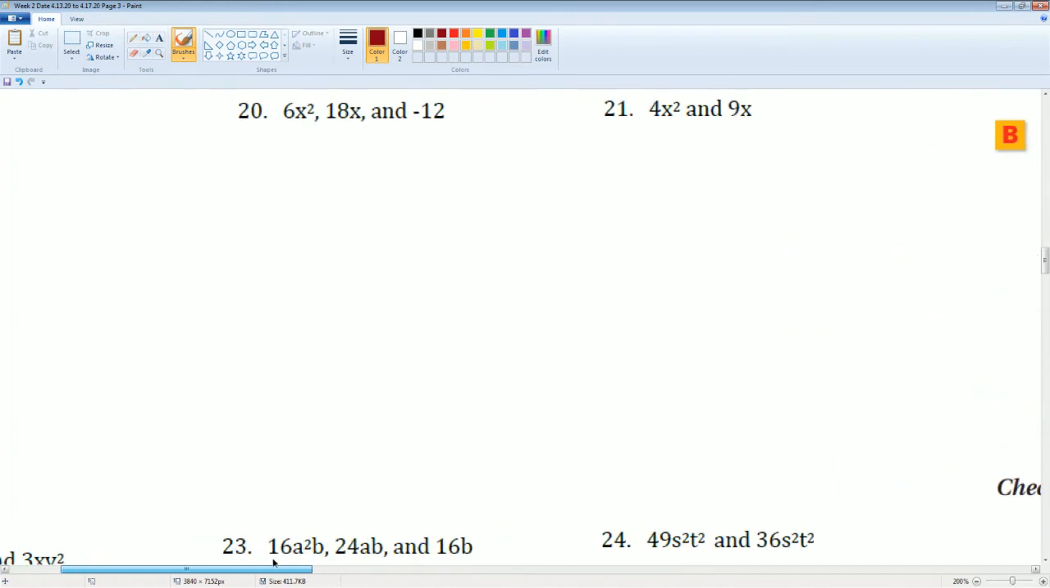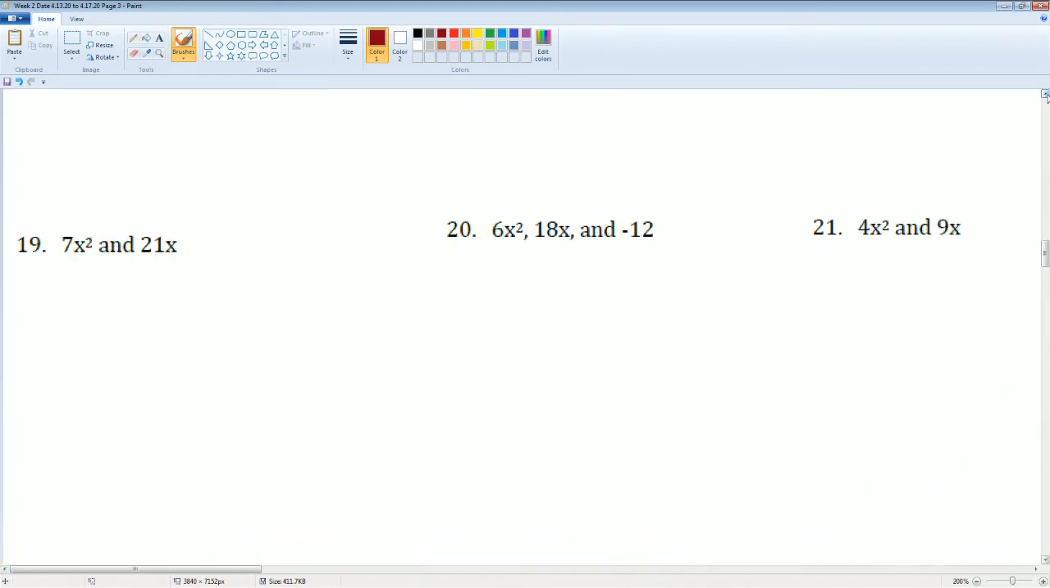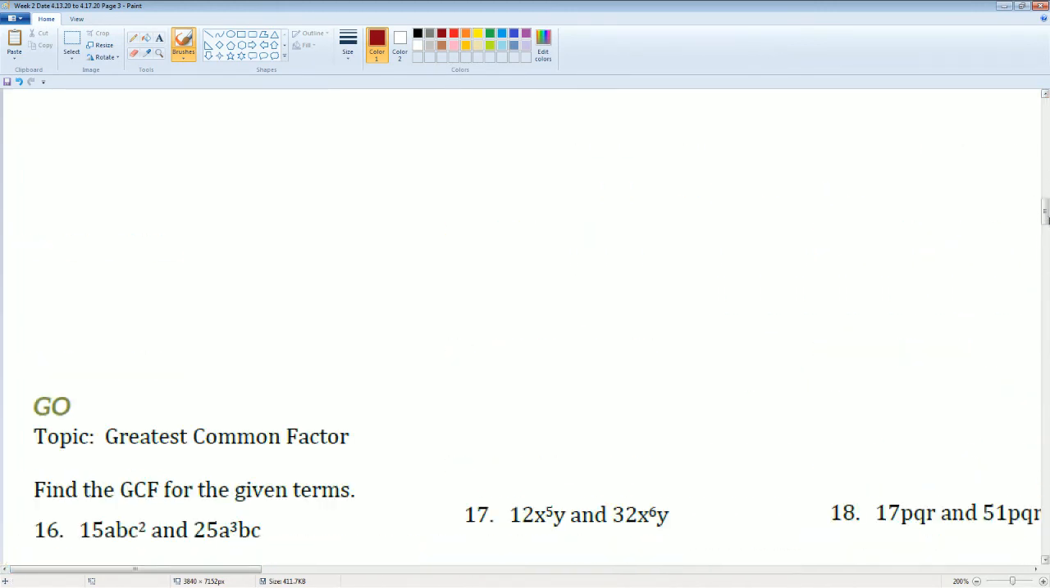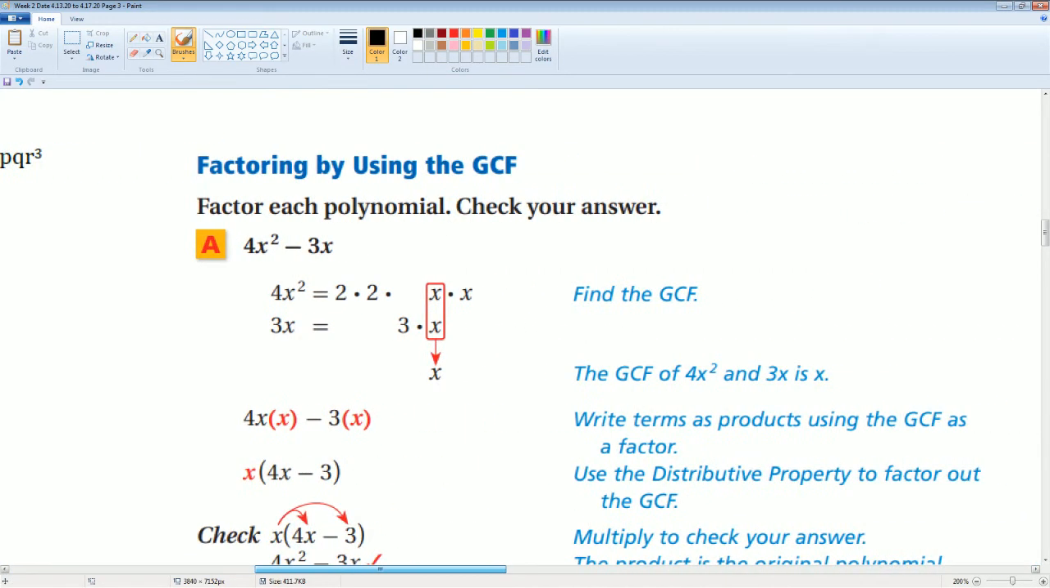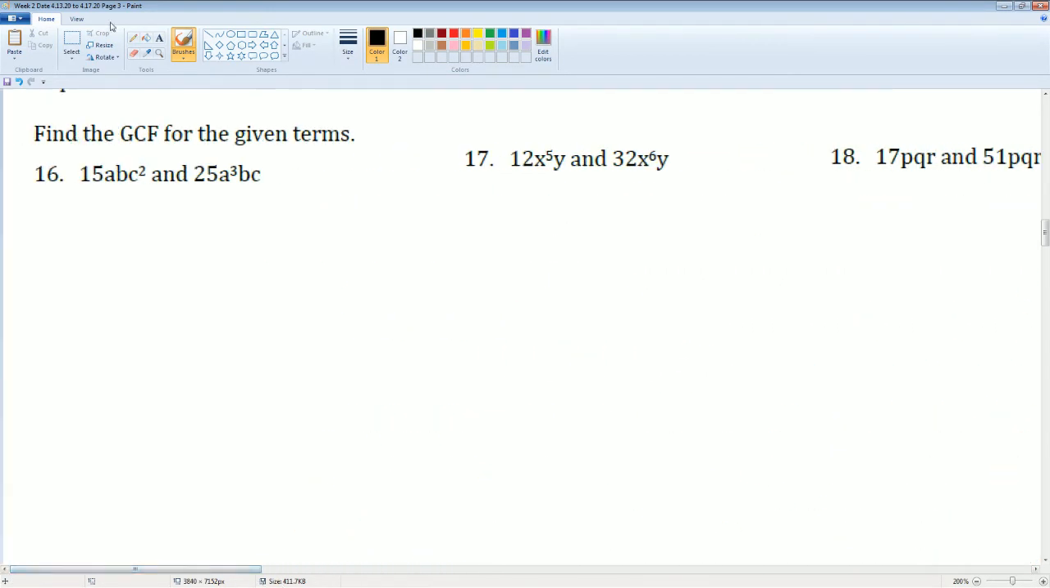All right, so that's what we're going to do here. We're just going to pull out the GCF, all right? Okay, let's do this one. And we're going to write it the same exact way as the example did it, okay? So let's see how they write it. Do they write out the numbers? Yeah, okay. So they write 15